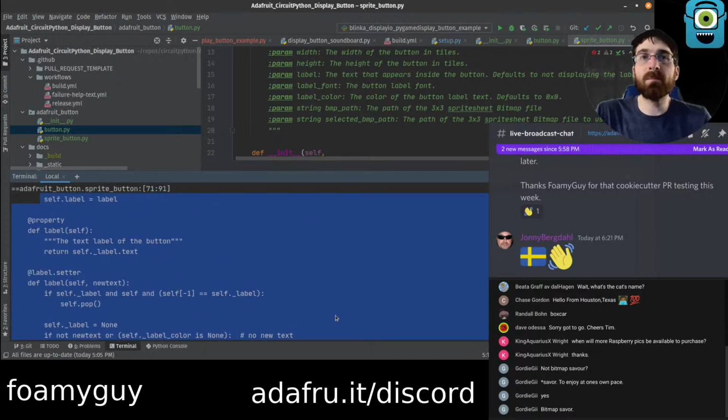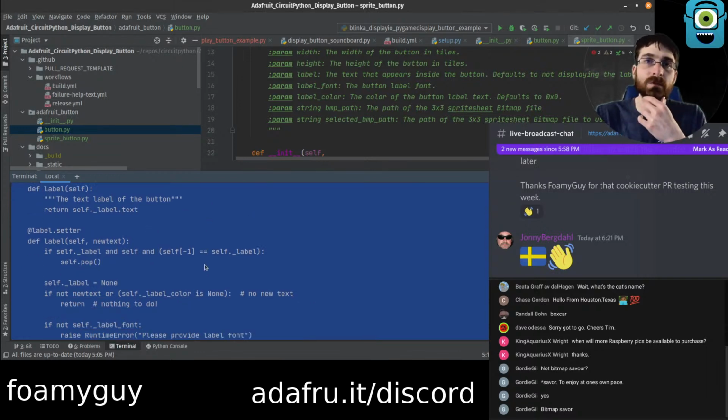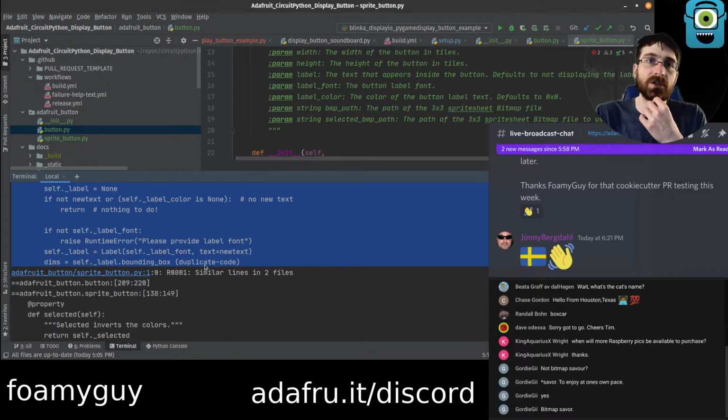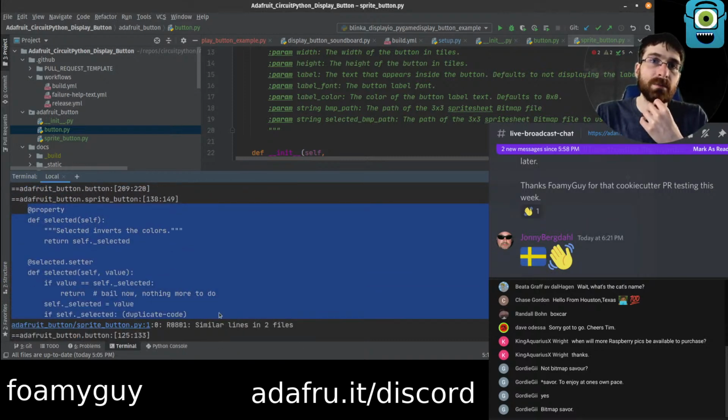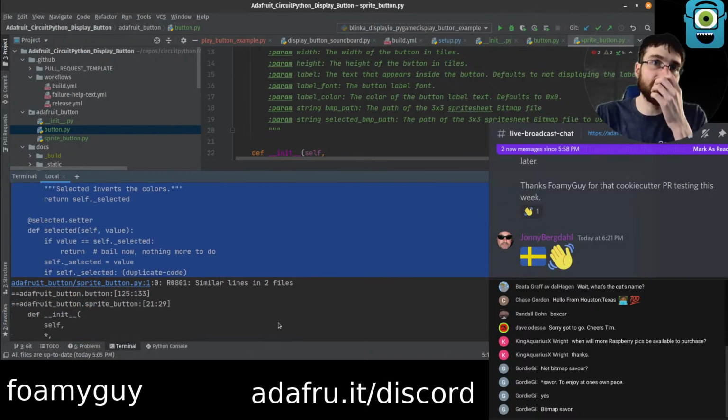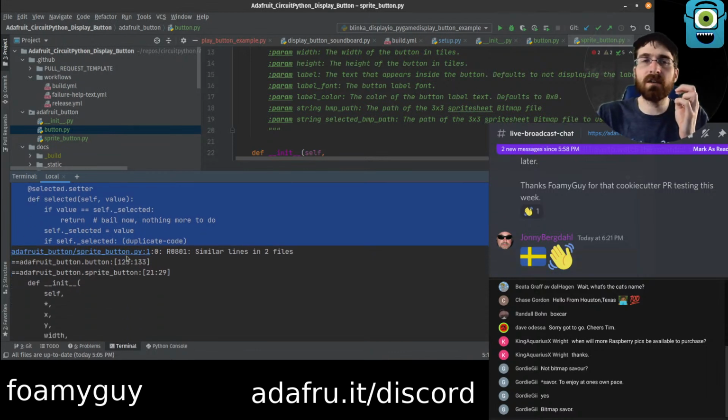If we made a base class, then the base class could have this shared code and the other classes wouldn't need it. We would avoid a little bit of duplication. Same thing for the selected property. Actually, that's not entirely true for the selected property because we have different behavior, right? In one of them, we're rebuilding the body, different colors or something like that. And this one, we're changing the bitmap. That would actually be a lot harder to refactor out.